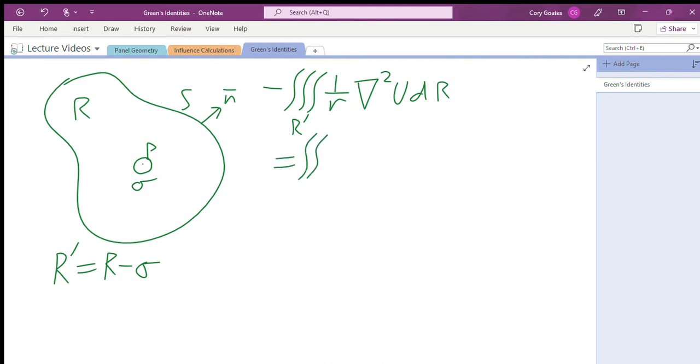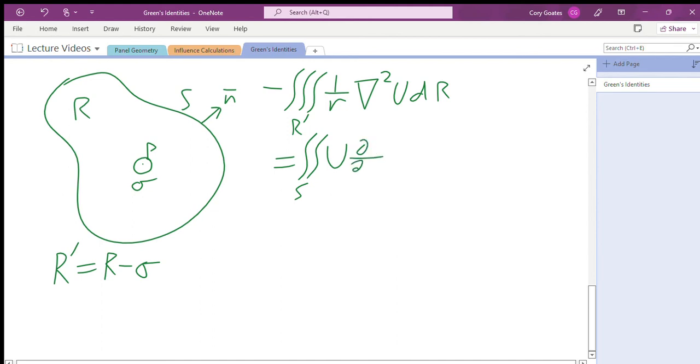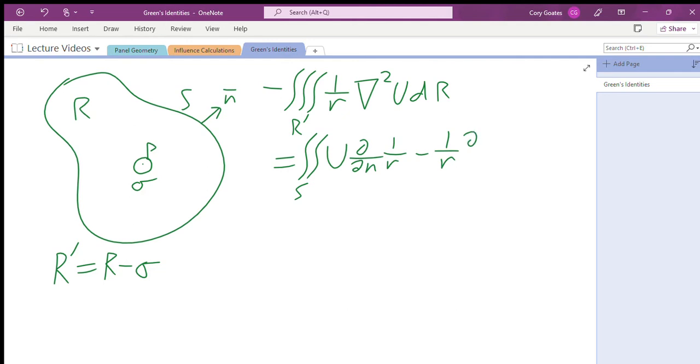The surface integral is going to remain unchanged for now, U, except now we've got to deal with 1 over r instead of v, minus 1 over r times partial u partial n